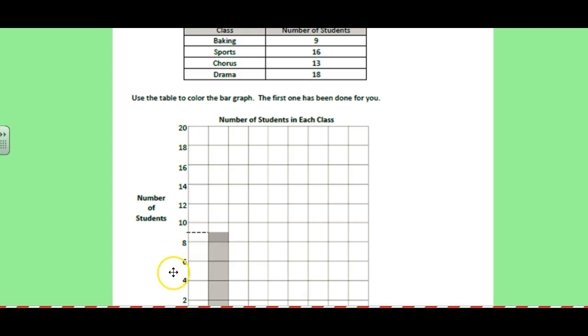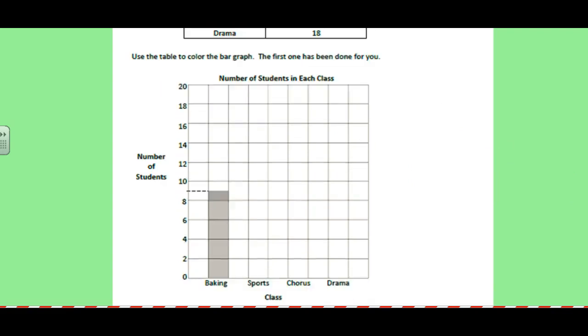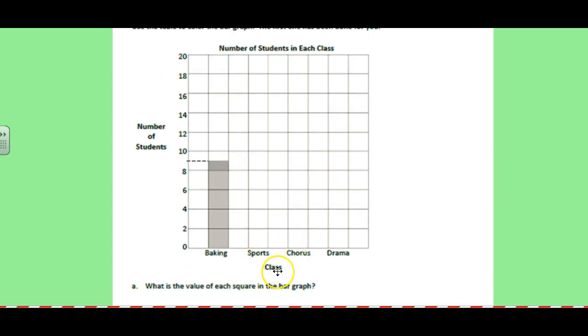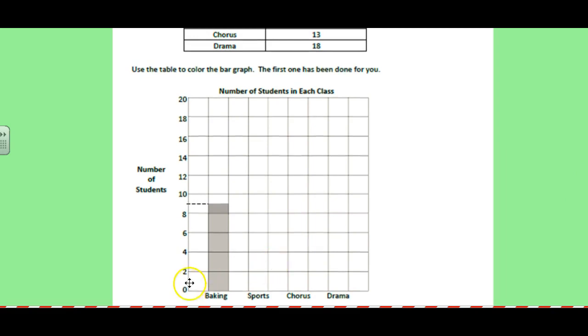They've counted by twos. They've already put what the numbers stand for, and as we look up here in the chart, you can see that the numbers stand for the number of students, so that's why they put number of students. And the chart has different classes, so down here on the bar graph, they put class underneath baking, sports, chorus, and drama. And whenever you have a scale and it's counting by twos, it's a really easy scale because